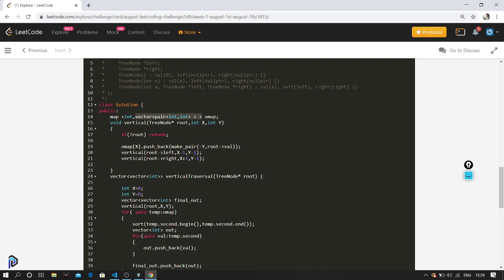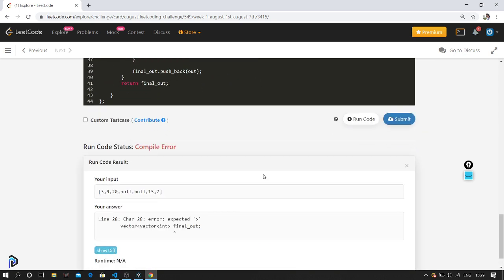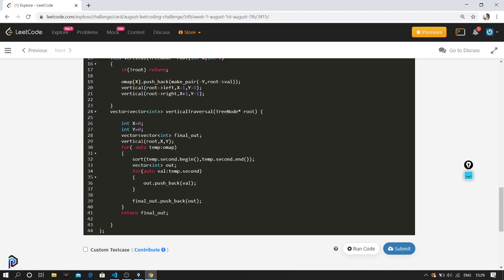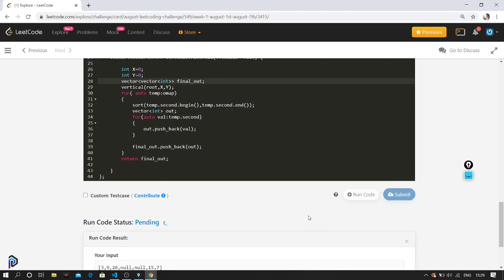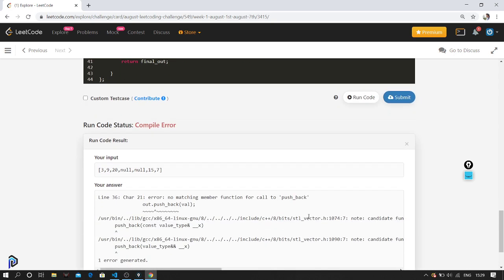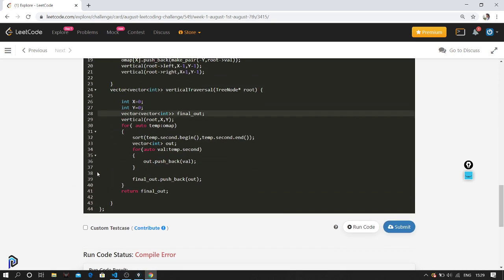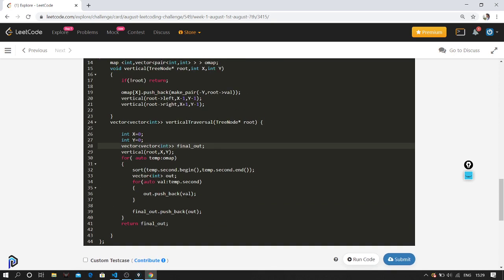Okay, so you should be pushing back to this vector. So that is the thing. I shouldn't assign it. Use push back. Okay, I should push val dot second.